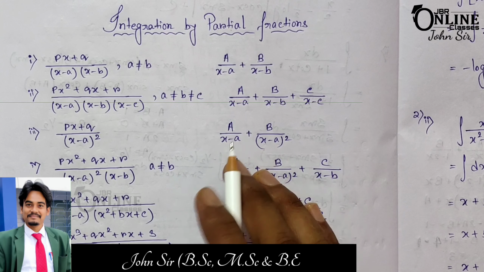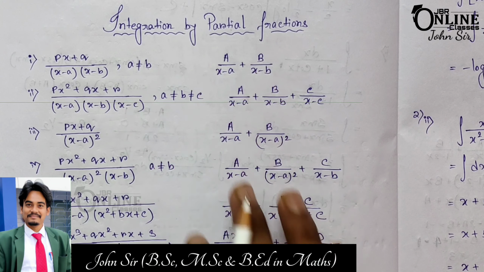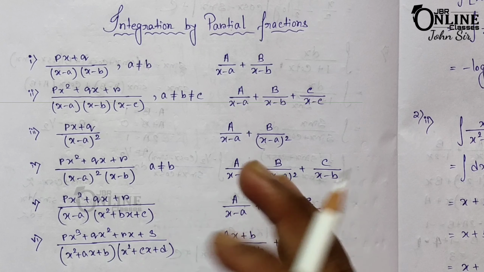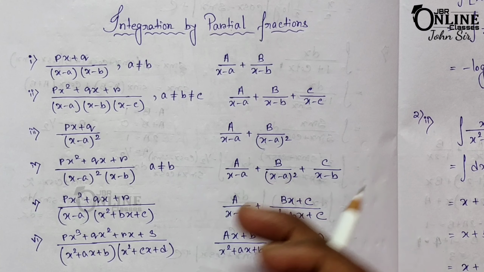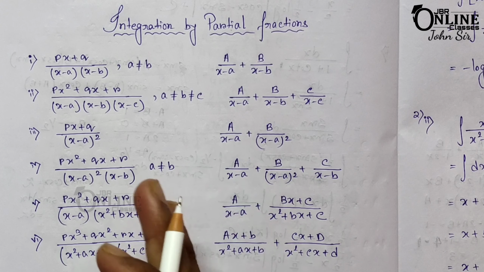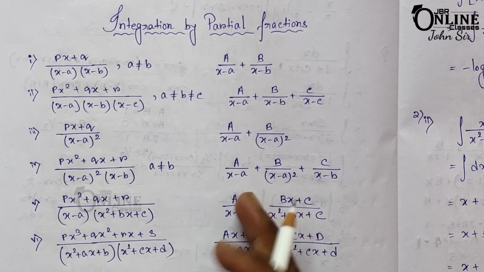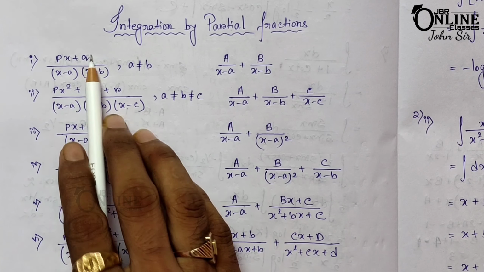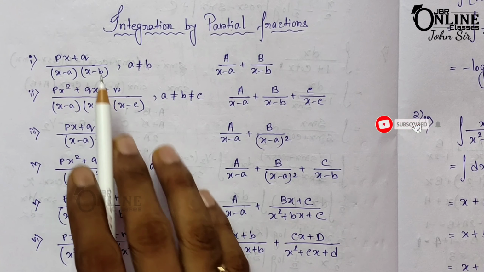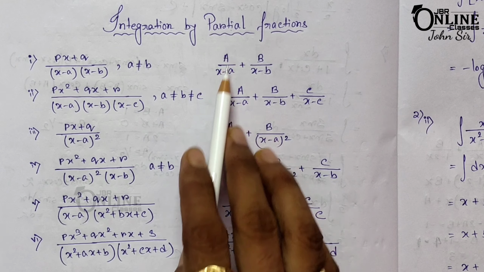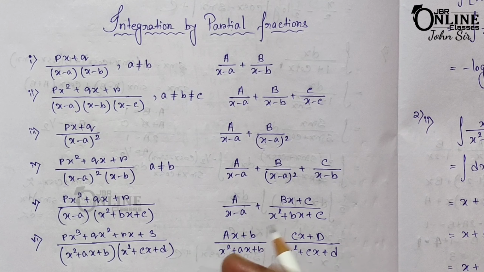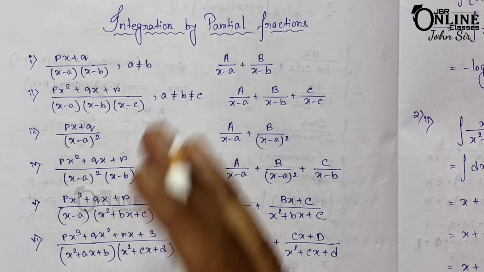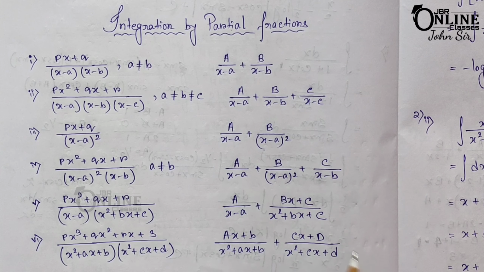So hello everyone, today I am going to start integration by partial fractions, and these are some basic requirements. Whenever you are given some function or expression to integrate, you have to break it down into partial fractions in this way. Suppose the upper one is a linear function and the lower one is the product of two expressions, then you have to break it as A by the first one plus B by the second one. You have to read this again and again and memorize it, because it will help you solve integration by partial fractions.